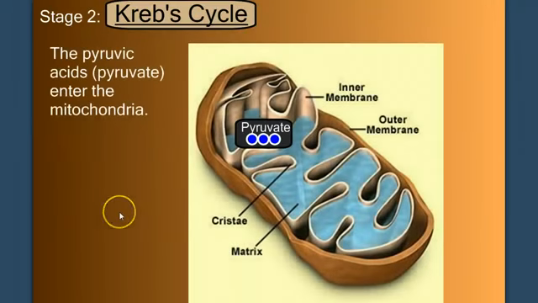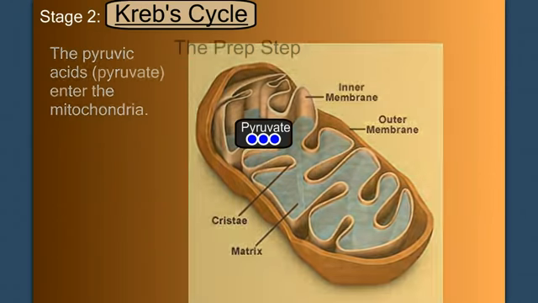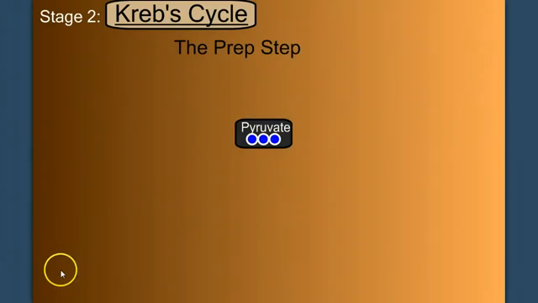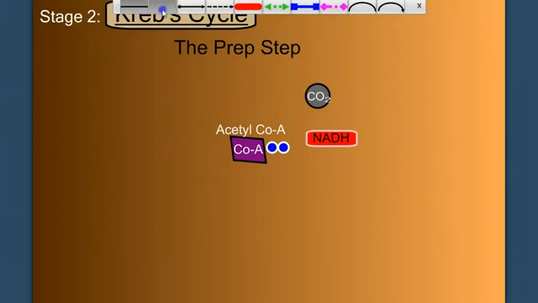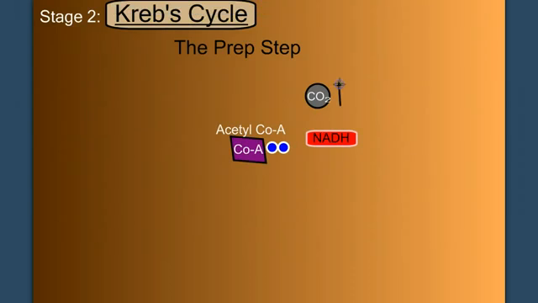The pyruvic acid, or pyruvate, enters the mitochondria. But before we can start the Krebs cycle, we need to prepare the pyruvate in what's called the prep step. A coenzyme called coenzyme A binds to the pyruvate, and NAD+ is reduced to make NADH. In doing so, a carbon dioxide is kicked out. That's the first of those we've produced. It will be released as a waste product of respiration. The NADH will head off to the electron transport chain, and what's left is the acetyl-CoA, which will enter into